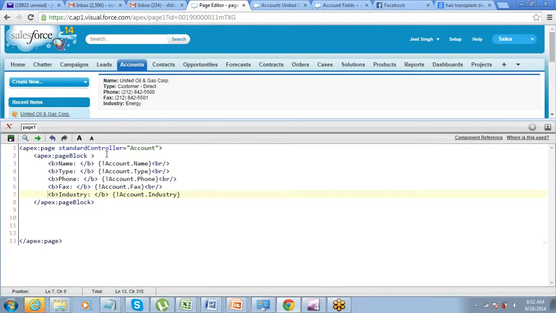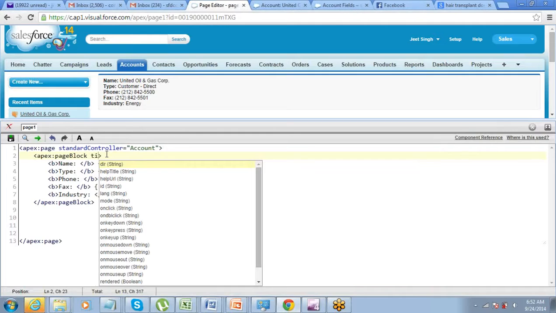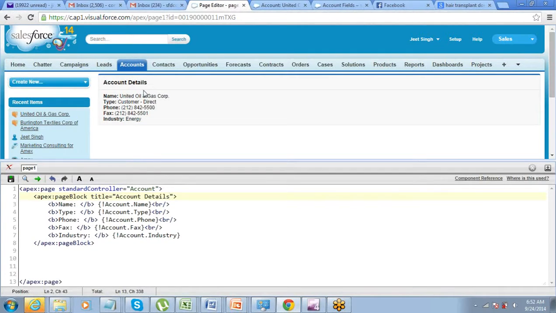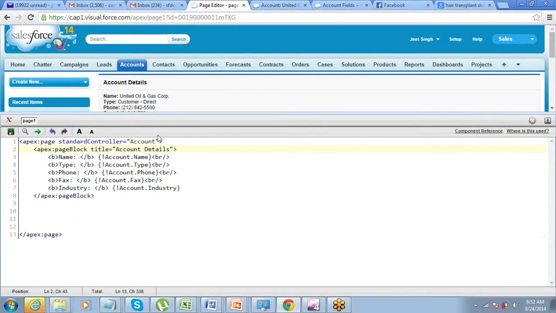See this? Then page block has an attribute called title. So you can just put account details. So this page block is a component. In case you want to break this block into smaller sections, you have another component called page block section.